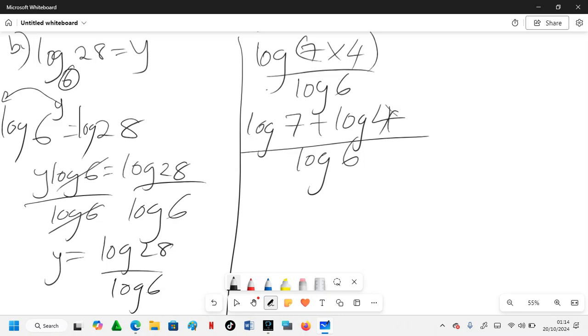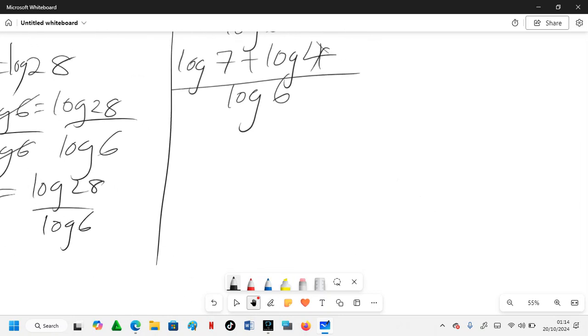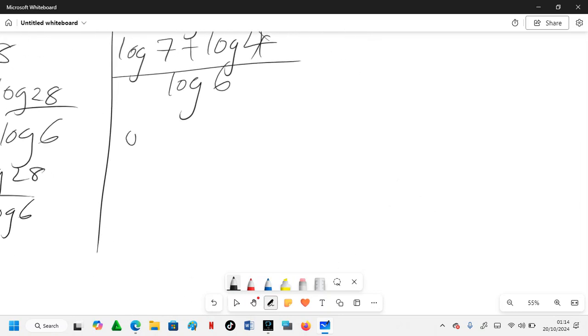So log 7, you already know how to read this from the tables. So log 7 is 0.8451 plus log 4 is 0.6021, over log 6 is